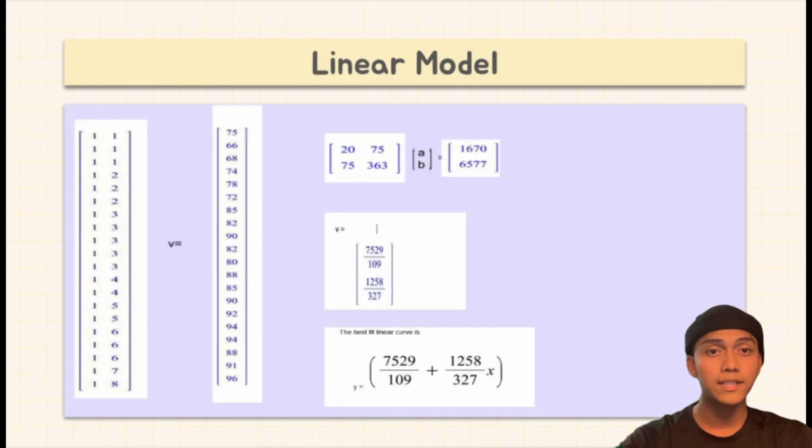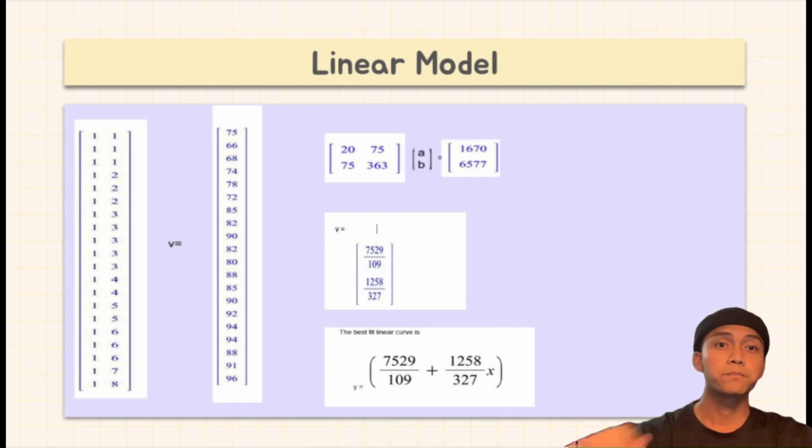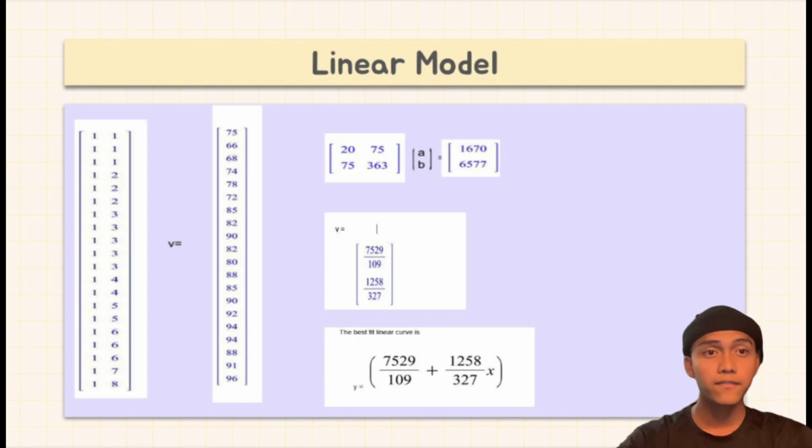To solve the least square method using the linear model equation, first we need to find the matrix. So we can declare the matrices M, C, and V. The M matrix is our study, the C matrix is the exam score, and the V matrix is A, B. To answer this question, we need to find the normal equation. Therefore, the formula is the inverse of M transpose M multiplied by M transpose C, and the answer we will get is the matrix of